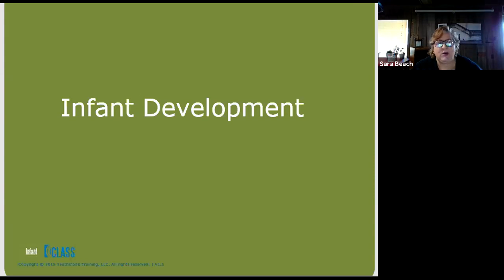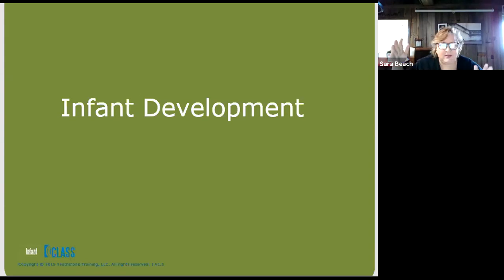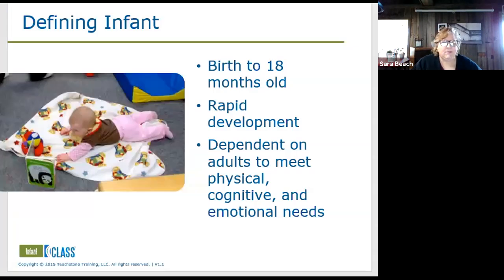My younger daughter was 18 months before she started walking, and my first daughter walked at 10 months. Luckily the 18 months was the end of the window of quote unquote typical development. But she was a very slow walker. So there's a lot of variation, which is why we need to know what those norms are, right? When it's typical development and when it's not.